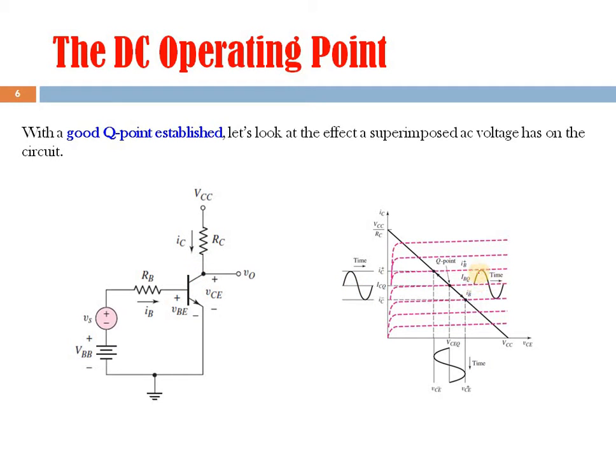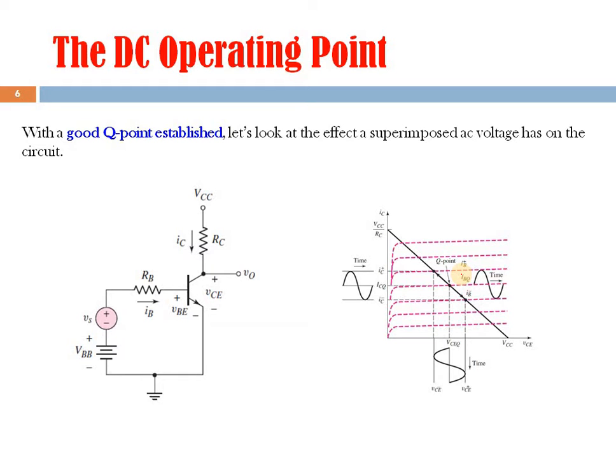You see this base current, the input current, is changing like this. Corresponding to this change in the input base current, there is a change in the output collector current, and a corresponding change in the collector emitter voltage, or you can say the output voltage. You can see this output current and output voltage variation is within the active region only. So this is something which we want to achieve while designing an amplifier.